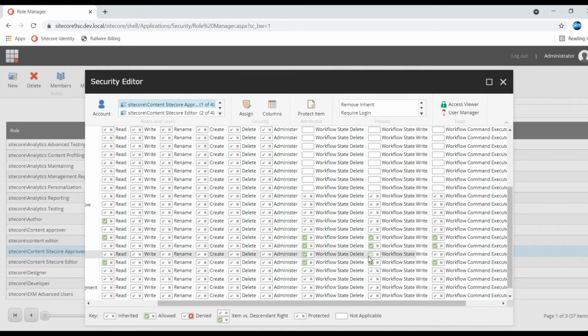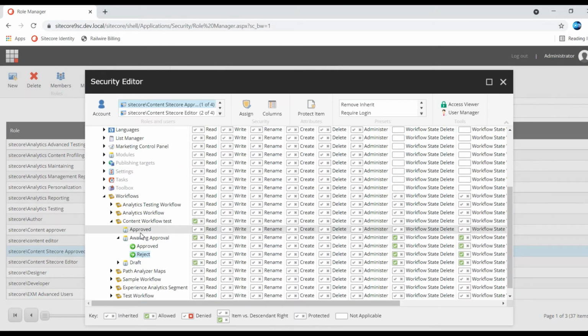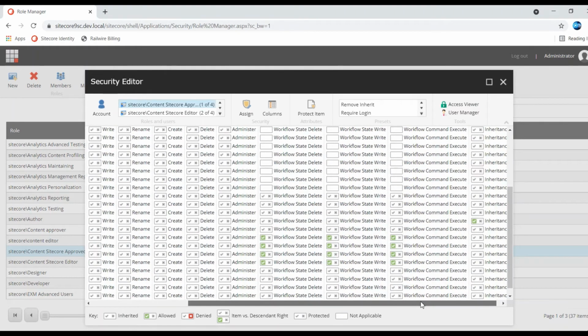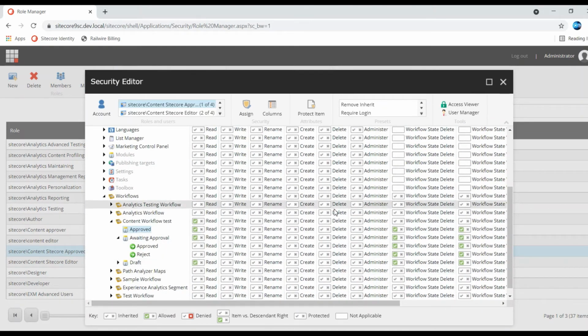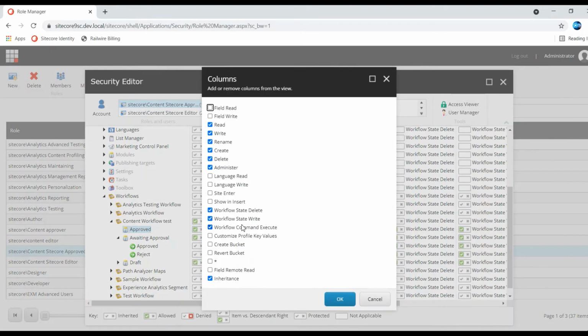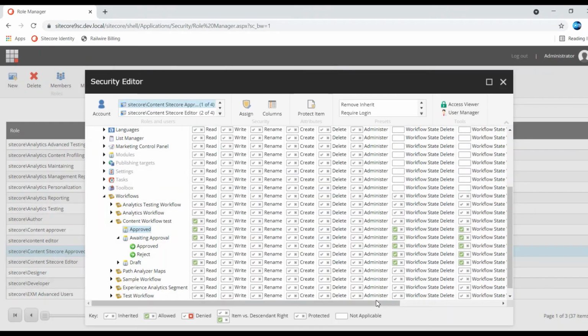Let me provide approve, reject, and also for the approved state I need to provide read access. I'm providing workflow delete, workflow write, workflow command execute. By default, these three won't be available. You need to go to columns and tick this. Now I have given all the relevant access.